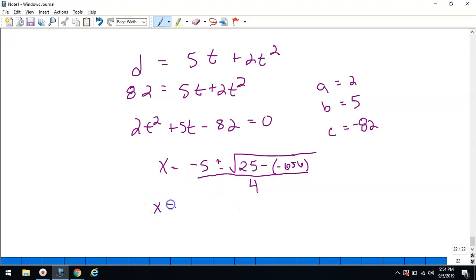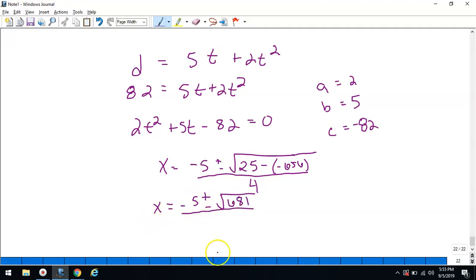So we get x is equal to negative 5 plus or minus the square root of 681, which I think, you guys, is actually just 17. Let me do that on the calculator really quick. Oh, nope, just kidding. It's not 17. It is a funky number. So we would just call this 681